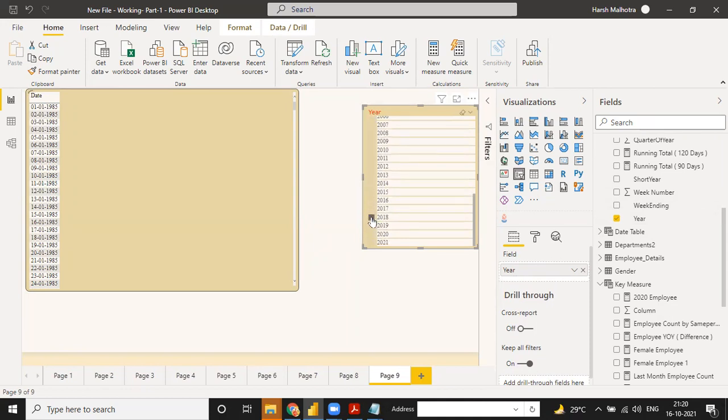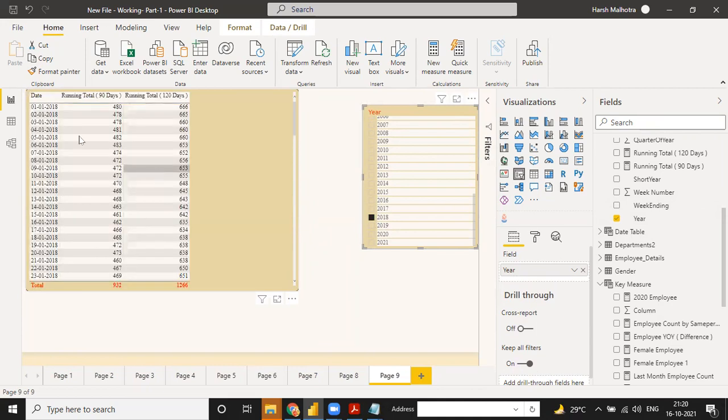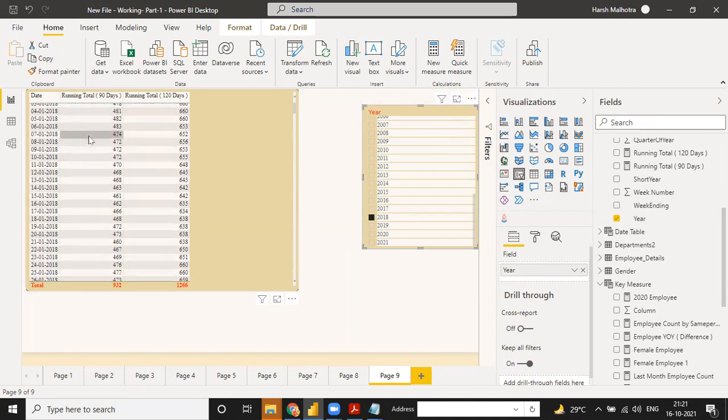(2018). See, in 2018, this is 90 days in total. All the values will be first, and 90 days. What is 90 days, guys? Listen, 1/1/2018.